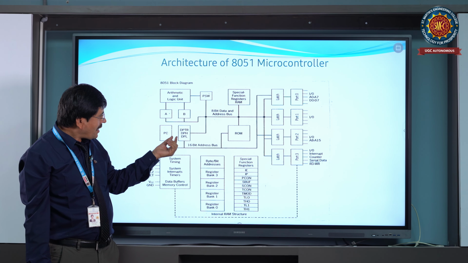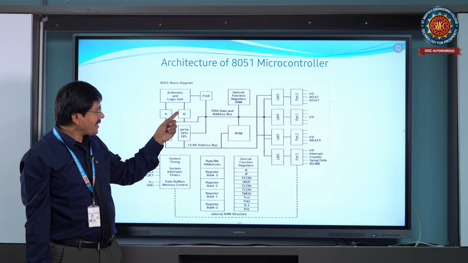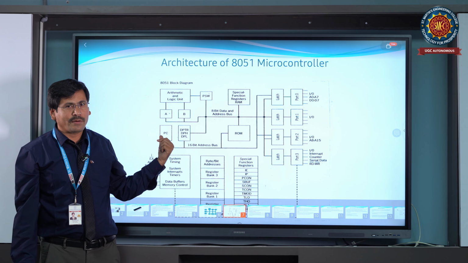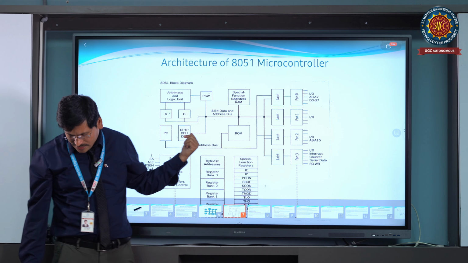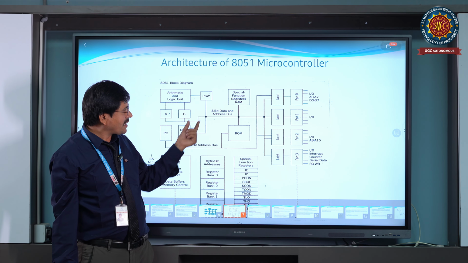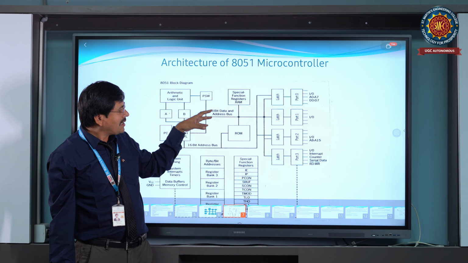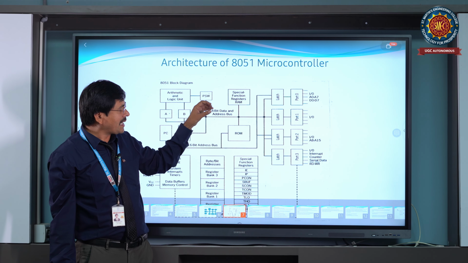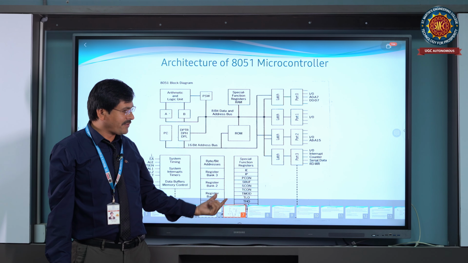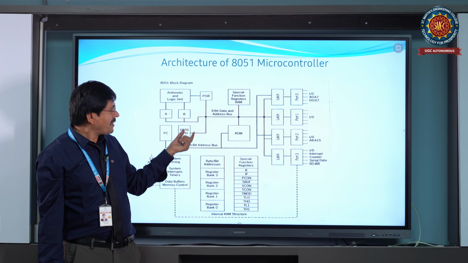And these are all 8-bit registers only. Accumulator, base, and PSW registers are 8-bit registers, and program counter and data pointer registers are 16-bit registers. Except these two registers, the remaining are all 8-bit registers only. And the registers are divided into two types in this architecture: general purpose registers and special function registers. Here we can see all the general purpose registers in the